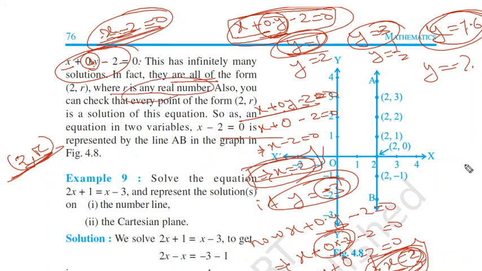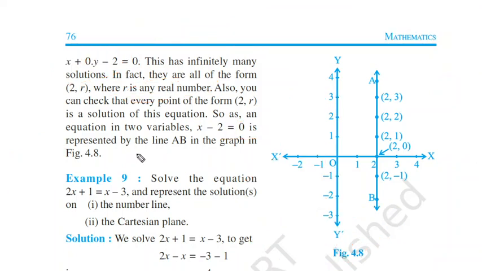Okay, so now we are going to plot a graph on this. Let's start to plot the graph. First of all, we will draw the x-axis, x dash, x, and the y-axis, y dash, y. Now demarcate with some numbers like 1, 2, 3, 4 like this, and minus 1, minus 2. In the y-axis minus 1, minus 2, minus 3 like this. Same here, plus 1, plus 2, plus 3, plus 4 like this.